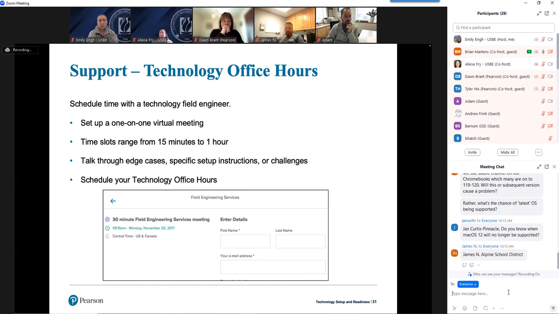Time slots range from 15 minutes to 1 hour. This is where you can talk through technology-related edge cases, setup instructions, challenges, what issues you're having. You can go online into a form and you can schedule your technology office hours. It taps into my team's calendar, each of our individual calendars, and only shows meeting times that are available for one of us. So you can pick the day and the time and know that we're open during that time,